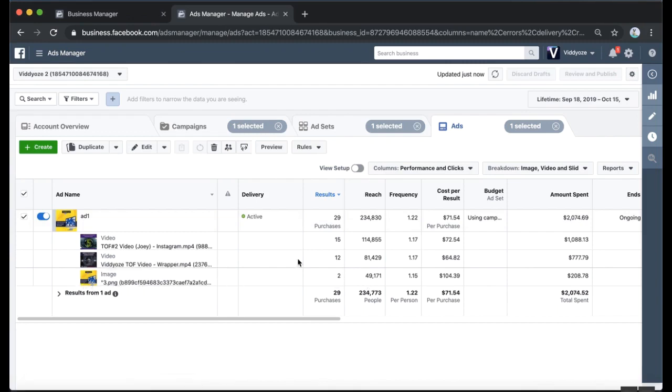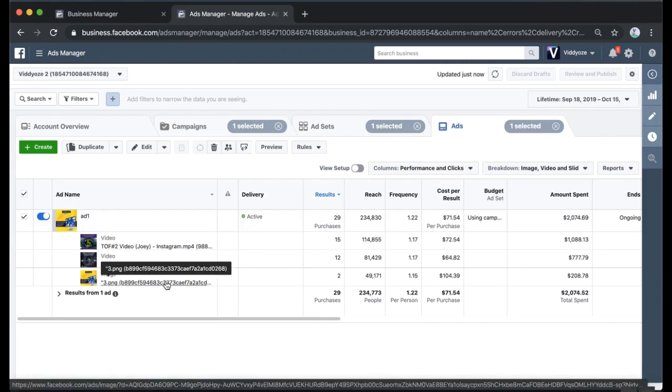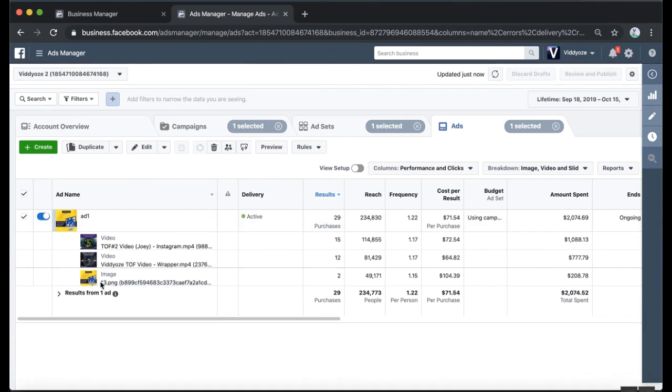So what I would do is take these two, discard this image, and come up with another image for my scaling campaign. I'd add 2 new images based on this one, or probably take some of the images in the video, including the video, and come up with a new image, because I know I can get customers at this low cost already. This is the importance of your breakdown and trimming the fat. This would be part of the fat, and I will just take it out, because I know I can get to this level. And if this is increasing my cost per result,